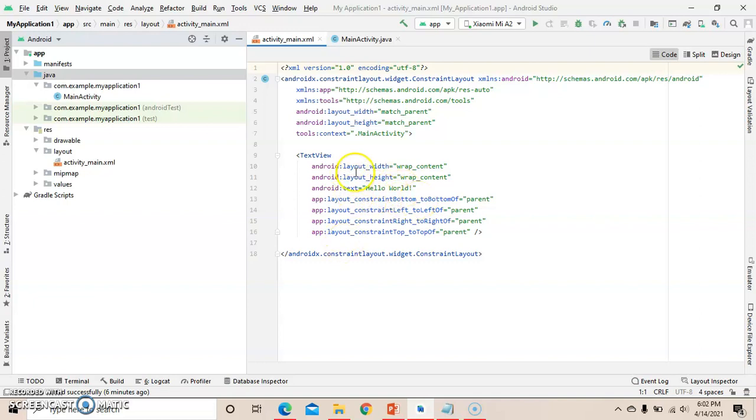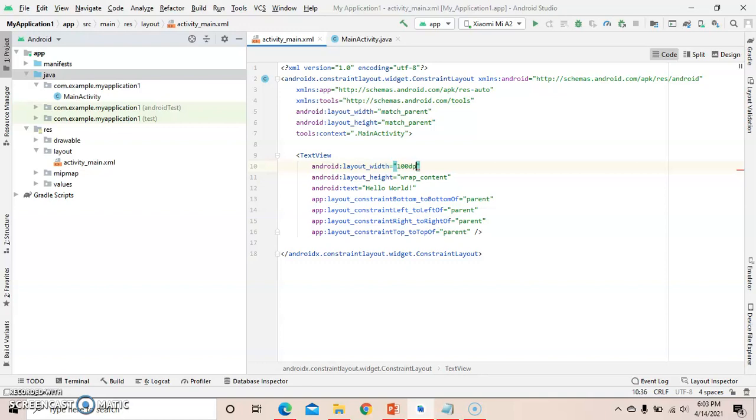These are the attributes of TextView: width, height, text. We have discussed this in the lecture. Wrap content is the default width and height of your TextView, right? Wrap content is the default height and width of your TextView. So inside android:text, hello world, that's why the output will be hello world, and these are the default attributes. Okay, so if you want to change the size, then just write here